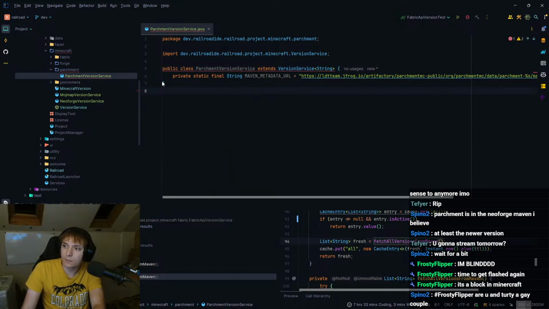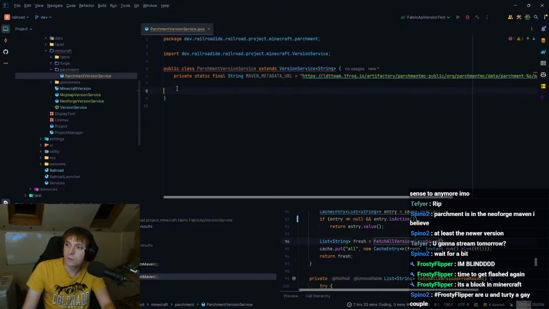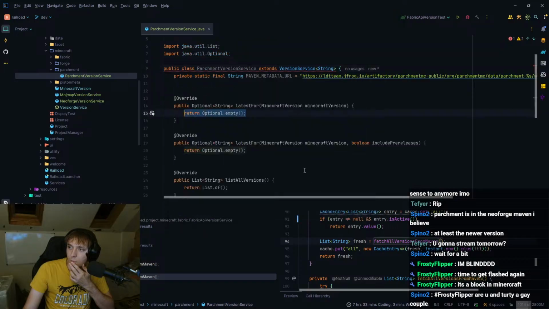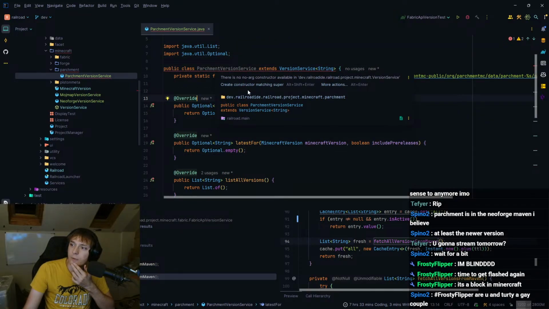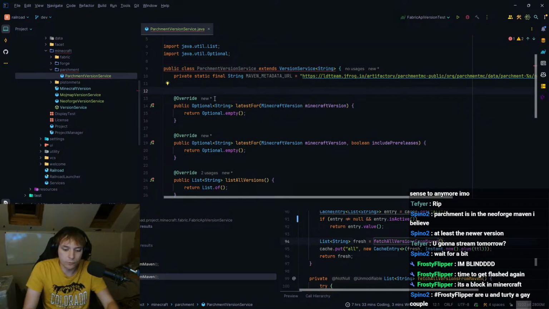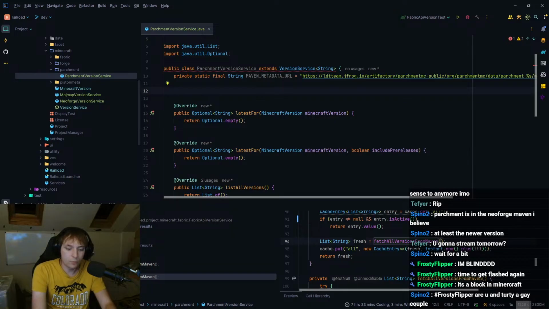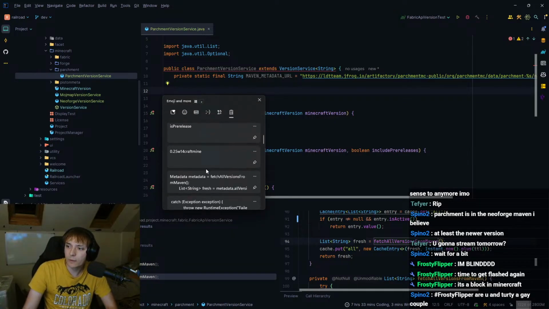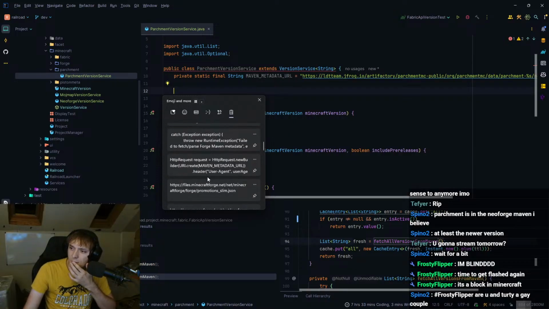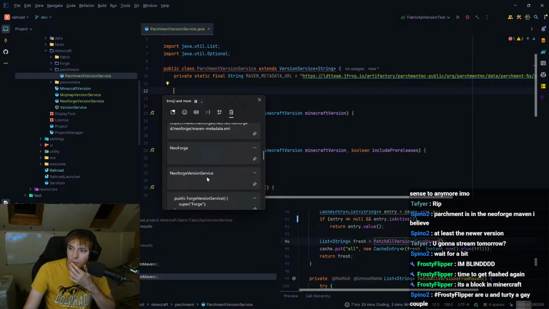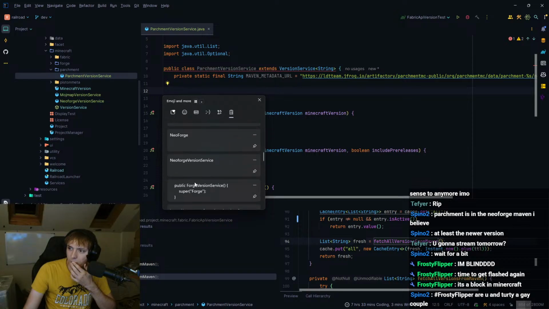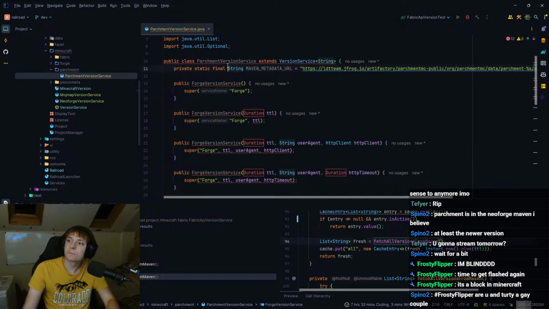And then just implement those. And then we need the three constructors. So, can I get those from my clipboard, please? I know you're never meant to open your clipboard on stream, but I've been programming for long enough today that I know I'm not going to have anything on here. Okay, there we go. That's fine.